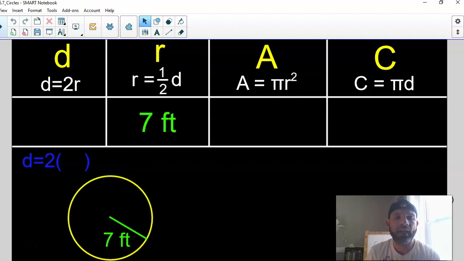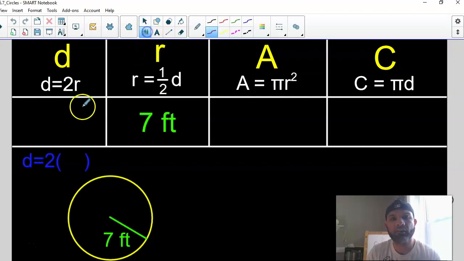So the diameter equation says that it's equal to 2 times the radius. So if I substitute, instead of the letter R,